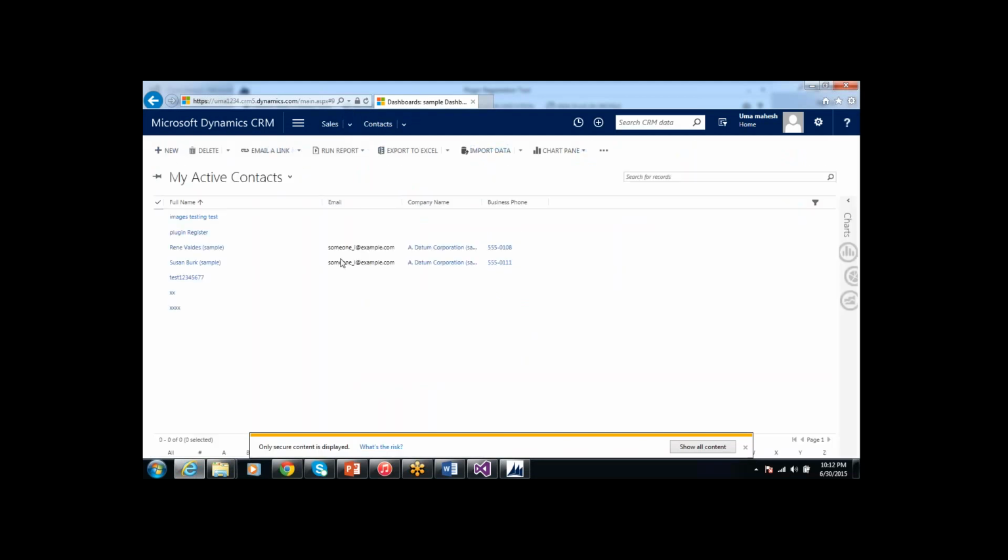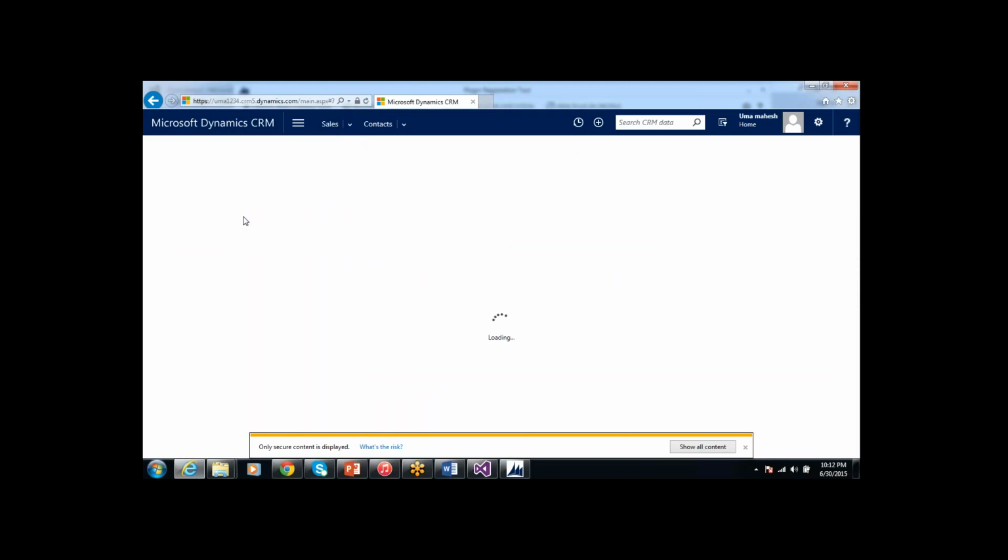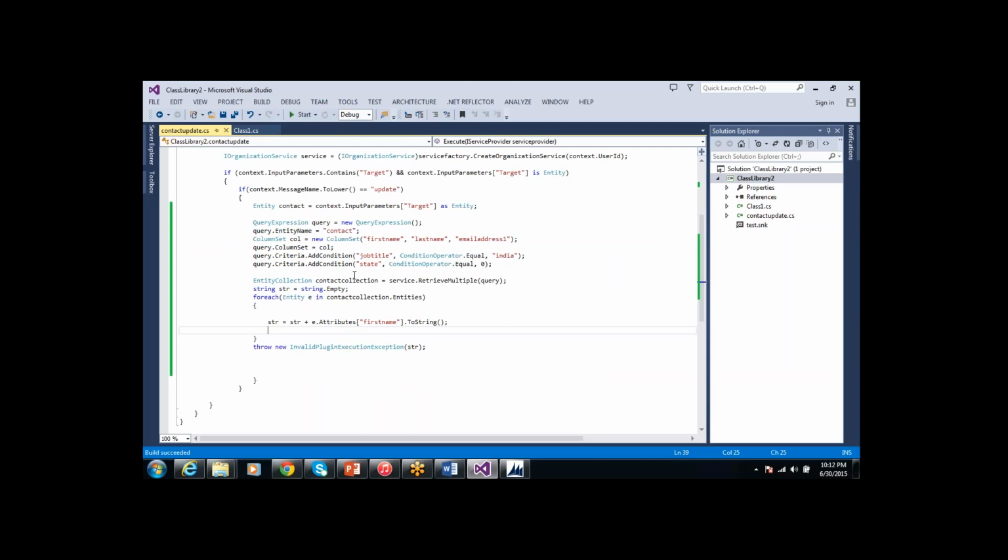I'm going to the contacts. So my condition is okay. If you check what I am retrieving, in the contact entity I am retrieving the first name and last name attributes.